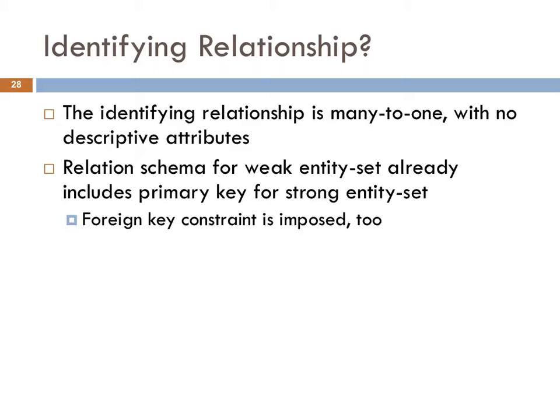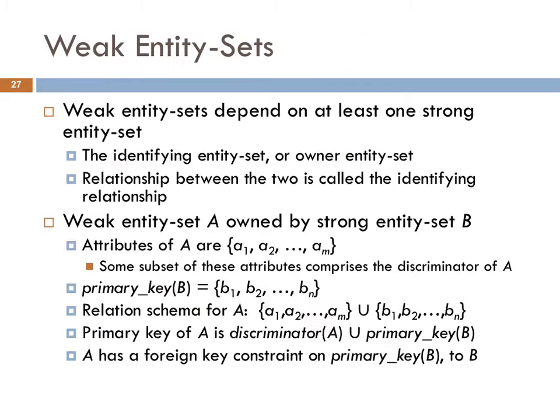Remember that, so let me back up here, because this is kind of a big deal. This was the translation for the weak entity set. All we focused on was how to do A. We presume we already followed the rules for B. It's a strong entity set, all of its attributes go into a table. Whatever B indicated was its primary key, that goes onto the table as well. That takes care of B. Now how do we translate A? Well, we go ahead and do that. But notice that we already include B's primary key attributes in the translation for A. Since we do that,